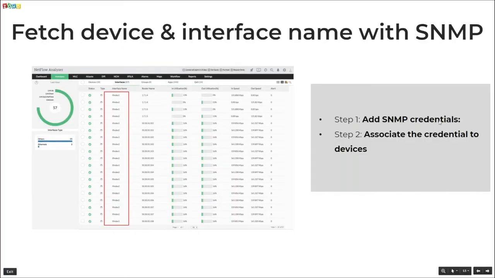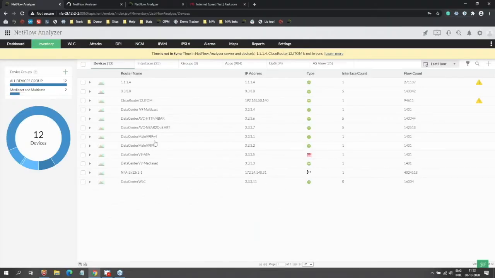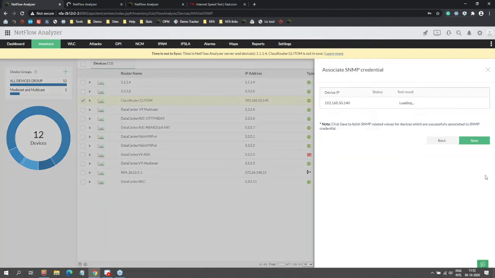As you can see, you need to first associate the SNMP credential. So add the SNMP credential in the product and associate it to the device. It's very simple. Select the device, either from here or let me do it from here. Click on the three dots, the menu icon. It says associate SNMP credential. If I have to add it, I can add it here, or if it's already there, find it from here, test and associate. It will now say SNMP credential successfully associated, which means the credential is now associated with the device, but we are yet to pull the device details name.